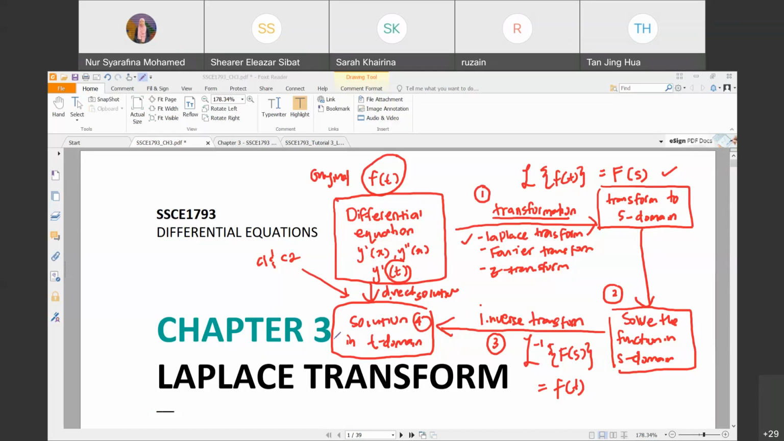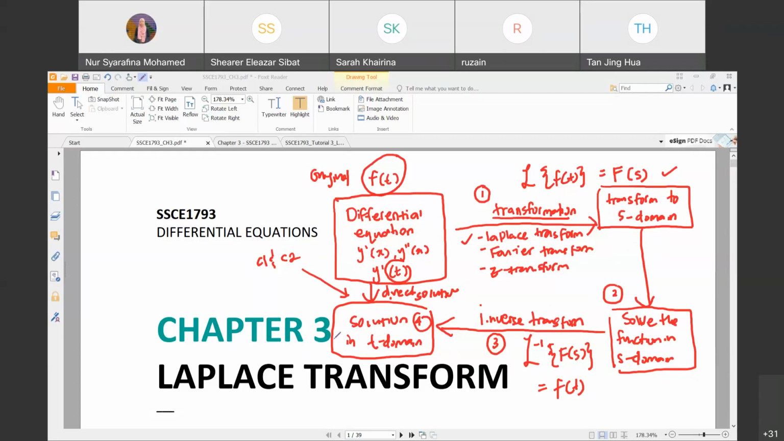Now for this chapter, we are still going to focus on differential equations, and we are going to use the Laplace transform in order to solve them. But what if that kind of differential equation is quite complicated to directly solve by using the methods that you have done previously? So we apply a transformation to that differential equation in order to ease the process of finding